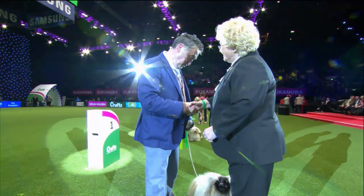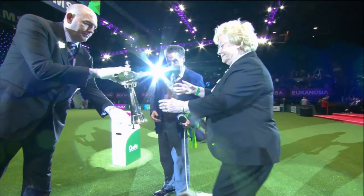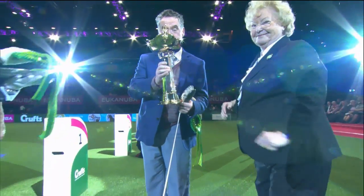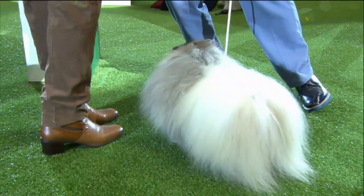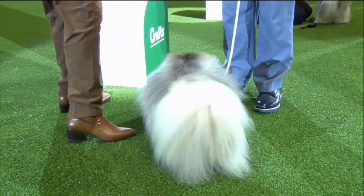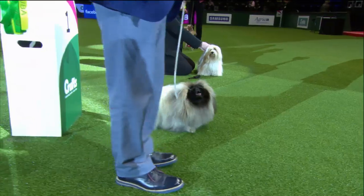So Bert would be very happy there. The dog, famous name, Ooh Aah Cantona. Rather a bit of a letdown to know his pet name's Eric. Receiving the trophy there from Brenda Banbury. Eric's little tail wagging. Look at that go. Congratulations to the